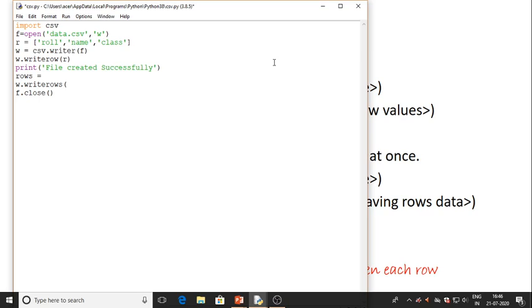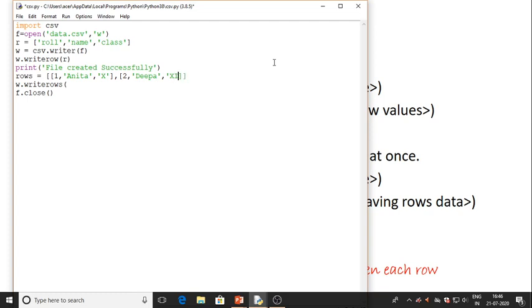Rows is equal to, and I am going to type 2 rows here. Roll number 1, name Anita, and let the class be 10th, and roll number 2, Deepa, sorry, 10, 11th कर लेते हैं इसको.